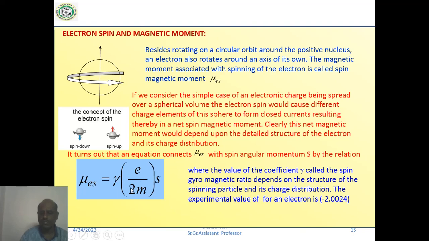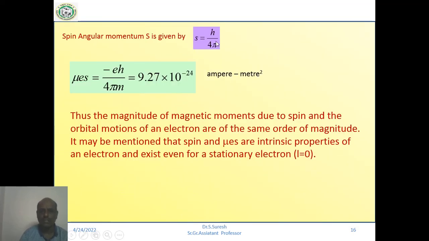So the 2 cancels, and in this case we get minus e by m, but the spin angular momentum is quantized at h by 4 pi. On multiplication, mu s is equal to minus e h by 4 pi m. We already said that e h by 4 pi m is equivalent to the Bohr magneton, so 9.27 into 10 power minus 24. Thus the magnetic moments due to spin and orbital motions are the reasons for the total magnetic